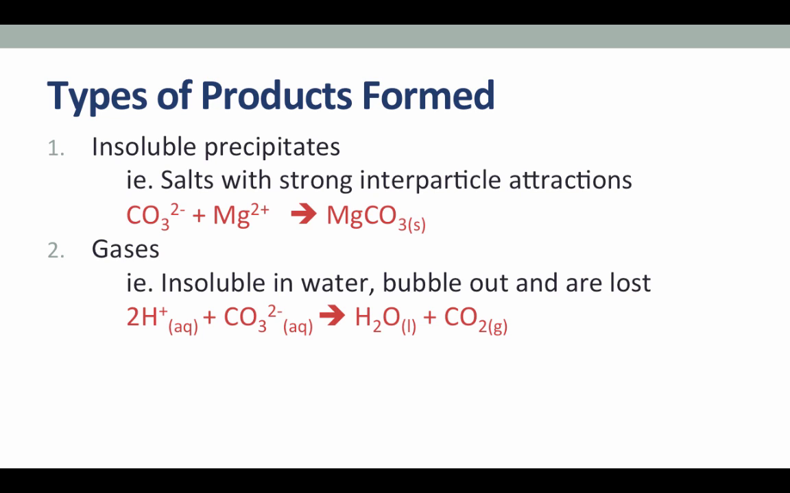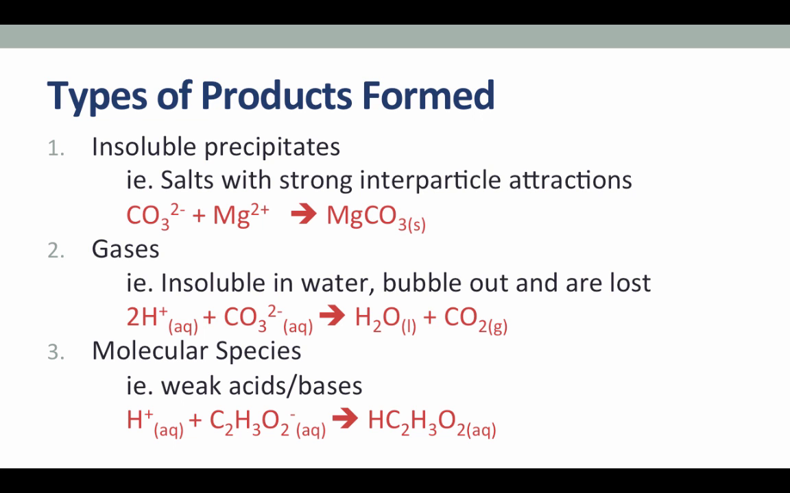The last type of product is a little harder to grasp and even harder to visualize, and that is the formation of a molecular species. Molecular species are items like weak acids and bases. So in this course you are asked to learn the weak acids, acetic acid and phosphoric acid. It's also very important to remember that water is considered a weak acid. So if the product of your reaction is either a weak acid or water or a weak base, then that